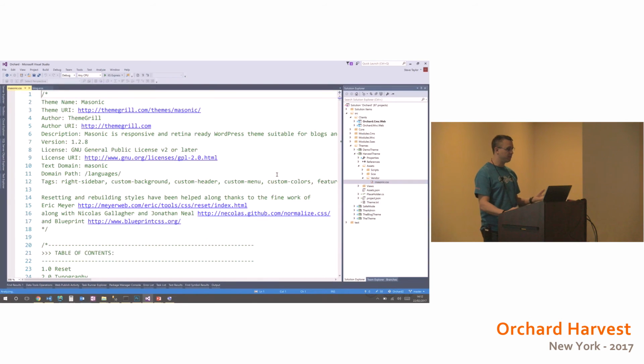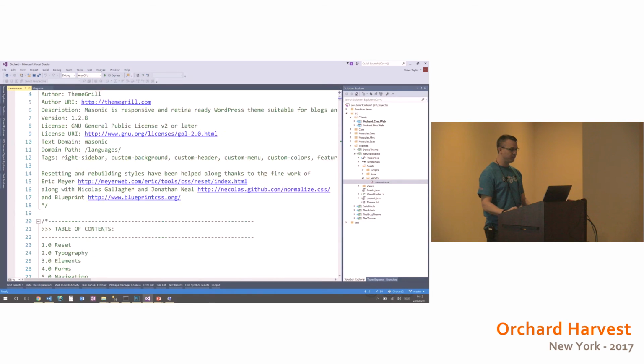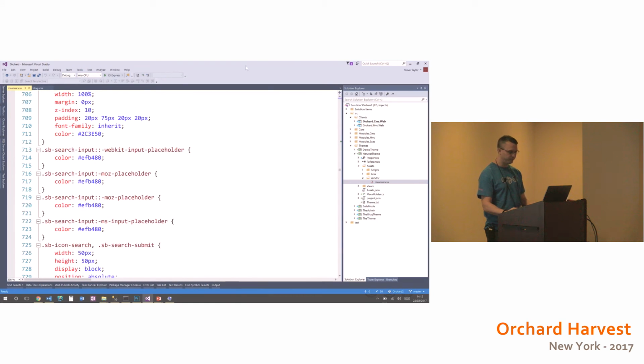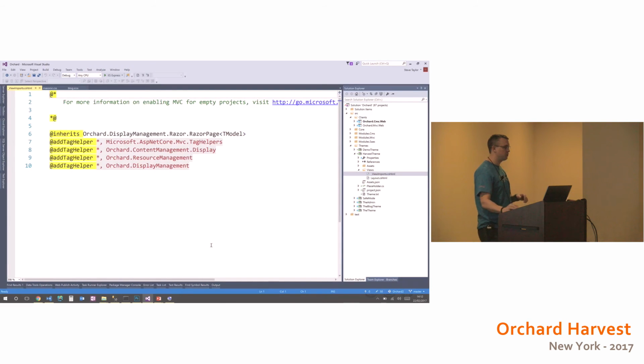And this is their main theme file. So again, they've done this as standard CSS as opposed to less or Sass or anything like that. And this is just one massive long CSS file that we'll include. Within the views, we have our view imports, which just registers some tag helpers again, so we can use those within our theme,